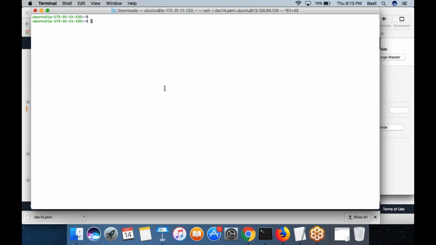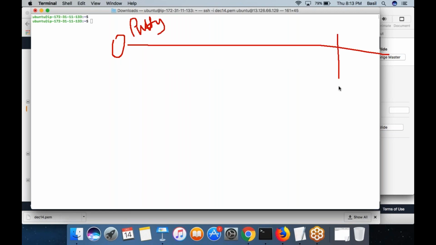Right now what you see on my screen, this particular command line, it's the command line of the remote Linux machine, the machine which I have created in AWS. So I just repeat, it's the same steps, right? You are using Windows. From Windows you used PuTTY to log into the remote EC2 machine. In my case, I am on Mac. From the Mac terminal, I logged into the remote machine.